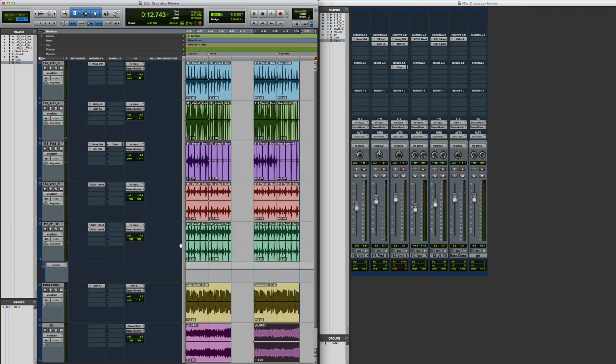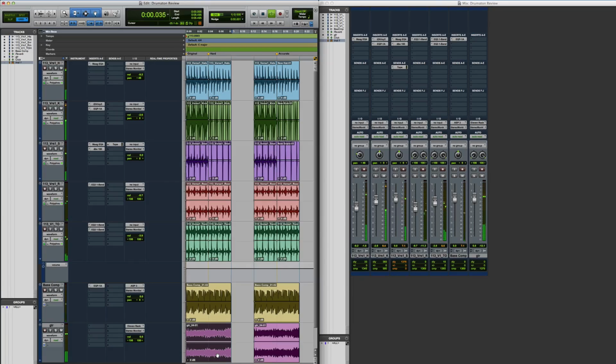So the great thing is now I can control the room, so I can bring these rooms in and out. Just make them as roomy as I want. And on this first one, where I've done some very hard processing,